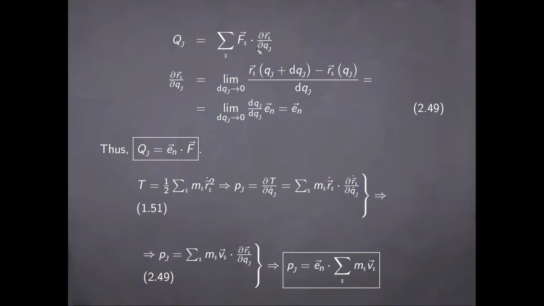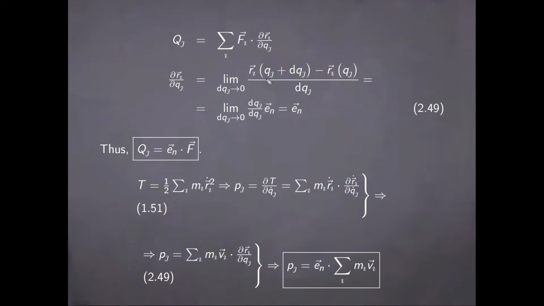We can express this derivative using the standard definition, using the limit. It's a limit when dqj goes to 0 of this ratio, the infinitesimal difference of the two vectors divided by the